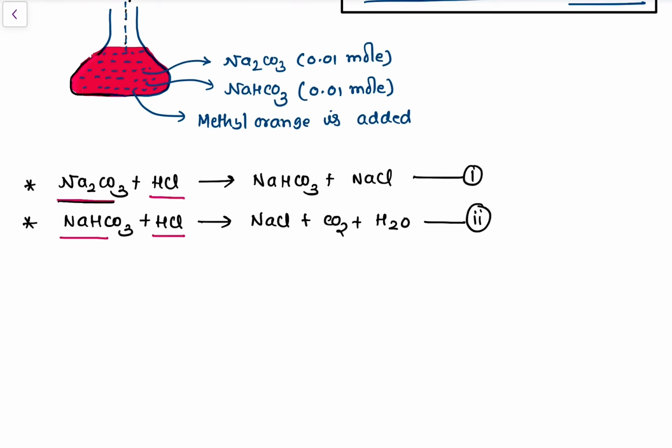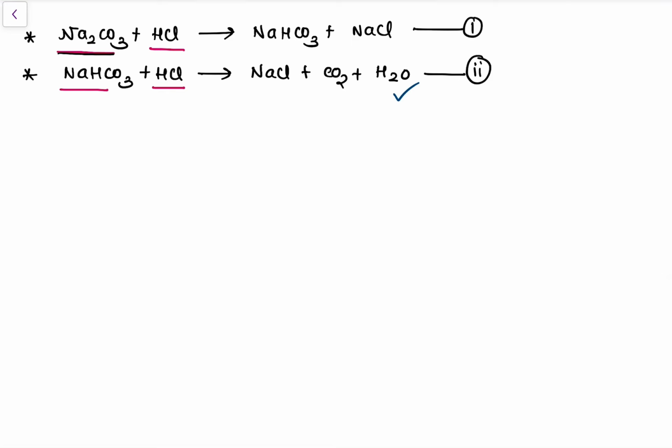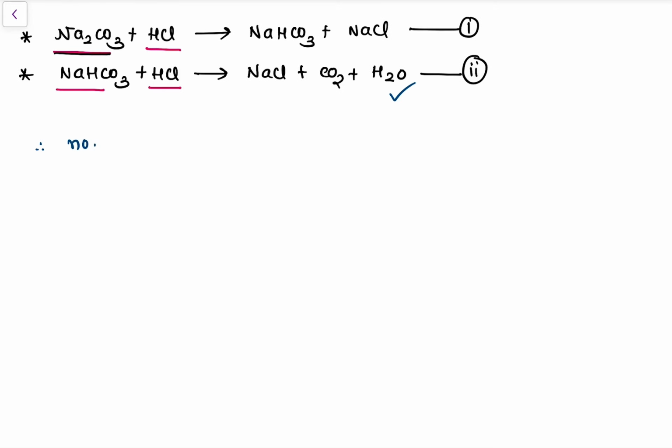I have already told that when reaction 2 gets completed, then only methyl orange will change its color, because then only the pH will be such that the methyl orange is changing its color. So both the reactions have to be completed in order to make sure that methyl orange is changing its color. So we need to consider both the HCl of reaction 1 and the HCl of reaction 2. So from reaction 1 and 2, we can say that number of moles of HCl will be equal to